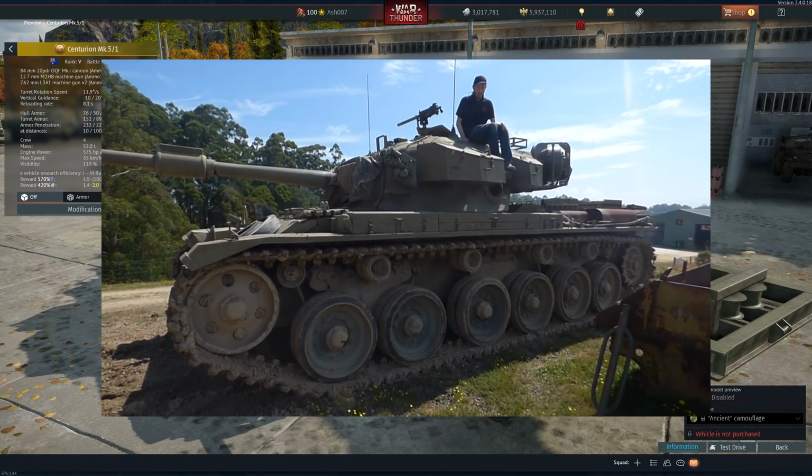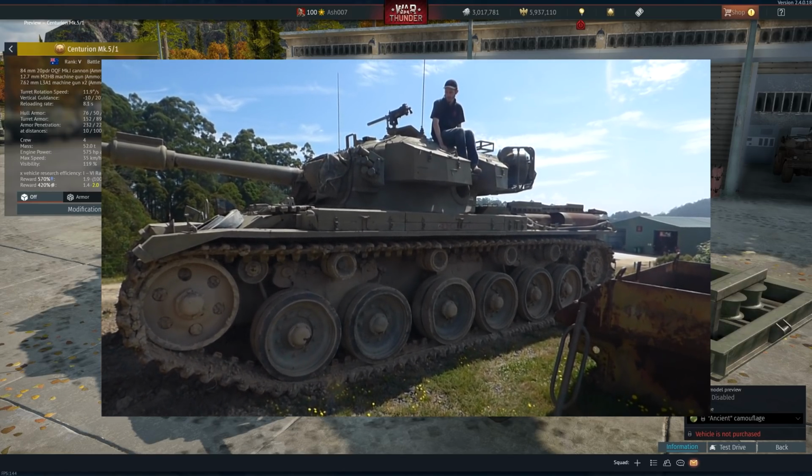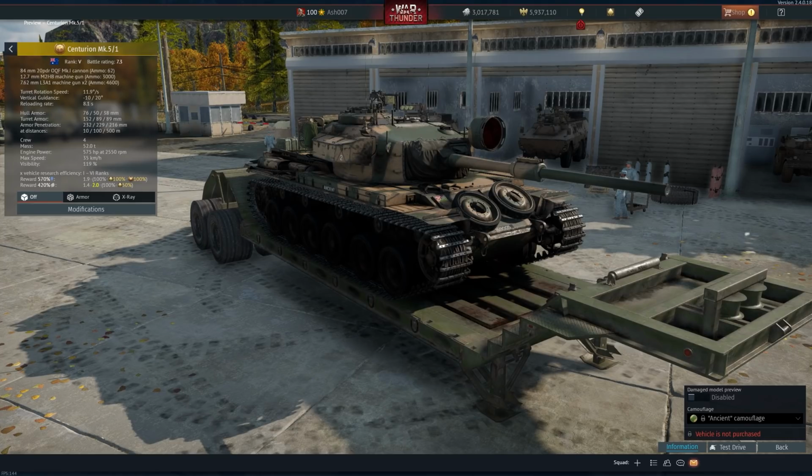Now, the Centurion Mk.5/1 has an interesting history. It's from the 1st Armoured Regiment of the RAAC, or the Royal Australian Armoured Corps. The vehicle was upgraded from the Mark III during the early 60s at a slow rate, with the bulk of the regiment upgraded before the deployment to Vietnam. What sets this vehicle apart from other Cent Mk.5s is the fact that it retained the 84mm barrel while also